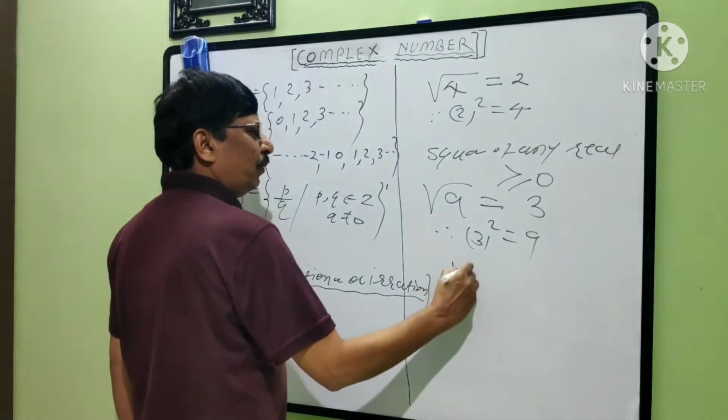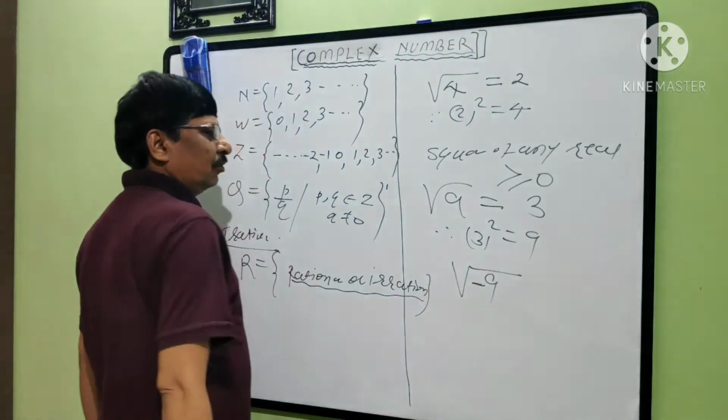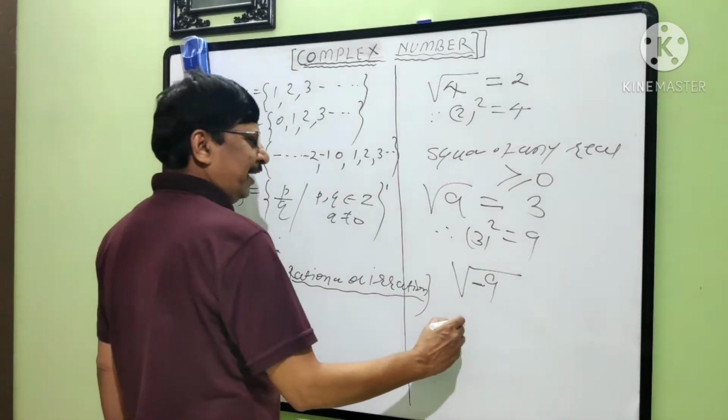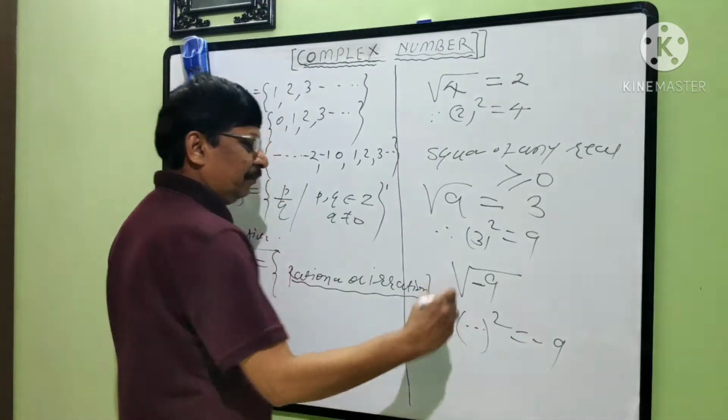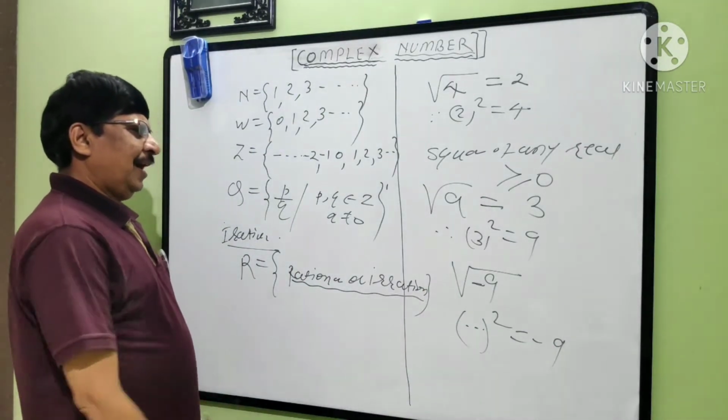But suppose I want to find the root of -9. Root of -9 means you have to find a number whose square is -9, and definitely